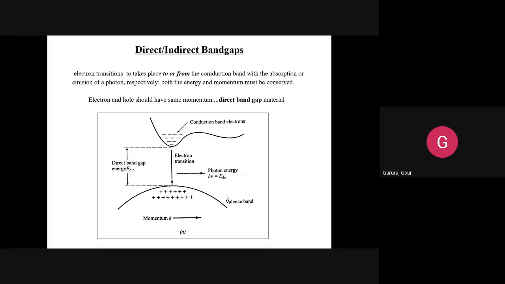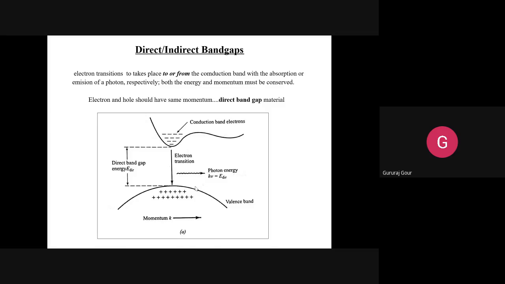Going from valence to conduction band, it takes energy from the photon and jumps, and reaches the conduction band. To come from conduction to valence band, whatever energy it has taken from the photon will be liberated in the form of photon energy. That is a radiation actually. That is called a photon, having some momentum hv. That is given by hv. That has been shown here with this arrow mark, hv equal to E direction.